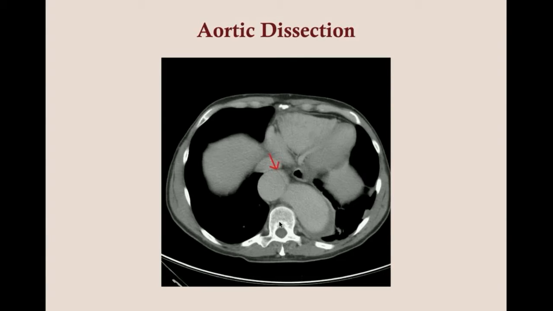So this is a good view of an aortic dissection here. So here you have your vertebral body, and here you have your aorta. So they're pretty close to each other. And if you look really closely, there's this line right here. And this line is the intima, and underneath is the blood that's burrowed underneath it. And what we're worried about is this tissue right here, because this tissue does not have the strength of the intima, and so this tissue can rupture,